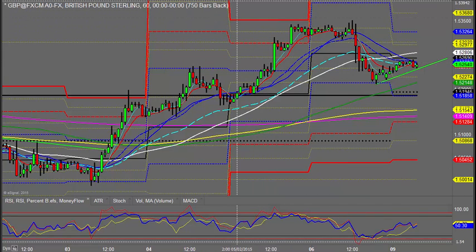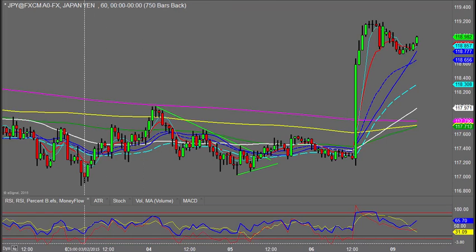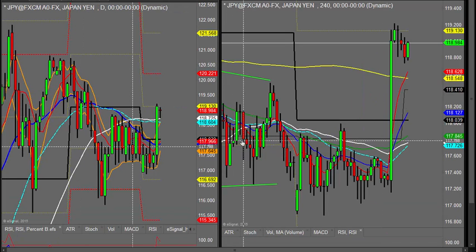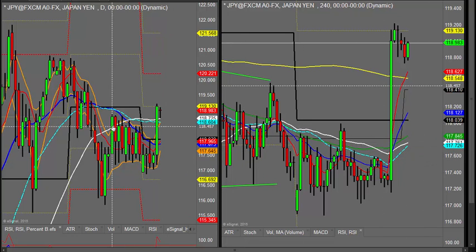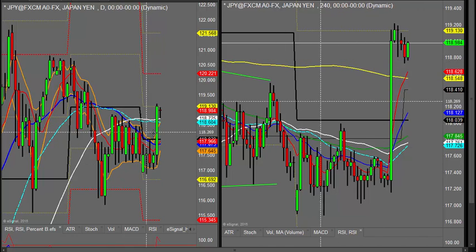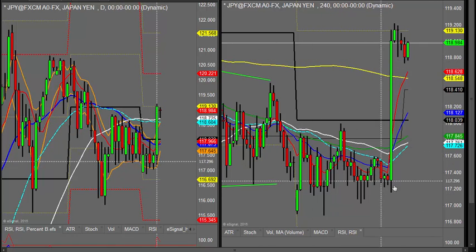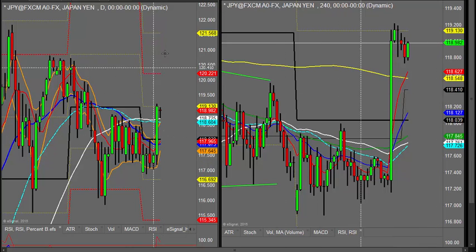Okay, looking at the dollar yen. This is a currency I've just found particularly difficult of late to be trading. Maybe we'll see some chances of trading it again. It's finally broken out of that huge consolidation period we've been sitting in. Huge update on Friday following the non-farm payrolls coming out so well. It's now